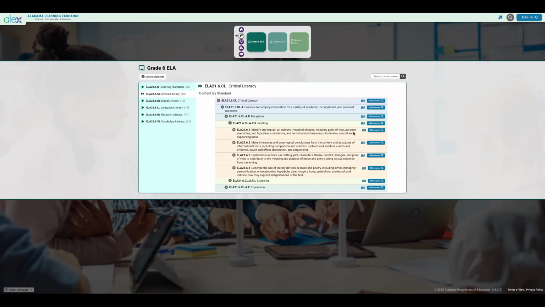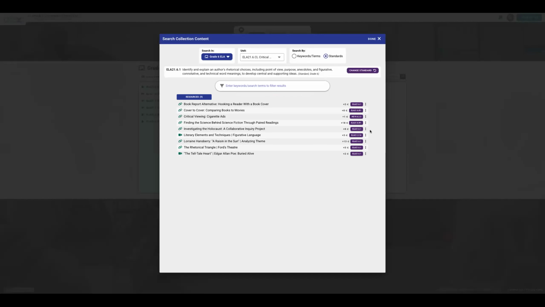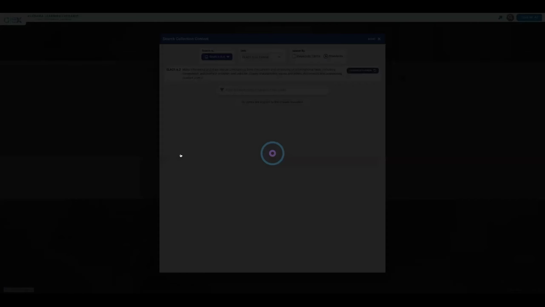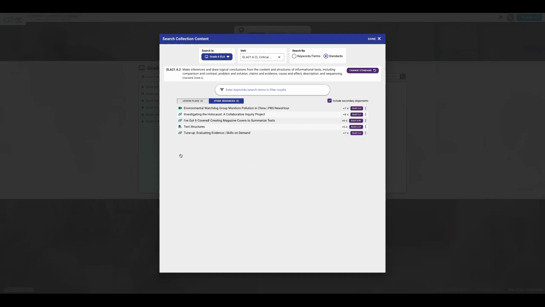So you'll see the standard itself, and then you'll see this blue button that indicates how many resources are aligned with that particular standard. For this standard, we have these different resources, and you'll notice that some of these are links, and these would all be classroom resources. Some of these are videos, so you'll see those indicated with that little video icon. So I can click through and navigate this way. You see this particular standard does have some lessons as well as mini lessons available with it.